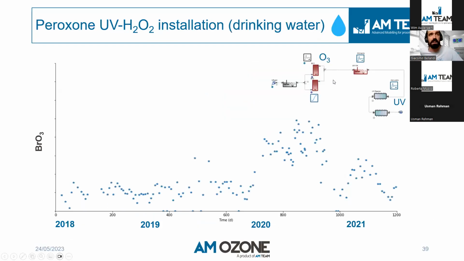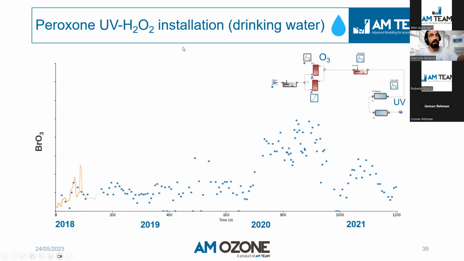In the next slide, you will see a drinking water installation in which an advanced oxidation process is taking place. This is all included in the AMOZONE, right? The AMOZONE was implemented in this installation, in which the water gets in and is treated with ozone plus peroxide, a peroxone process. Then the water follows to the next treatment, which is a UV treatment, with UV peroxide, for the final treatment and removal of the micropollutants.